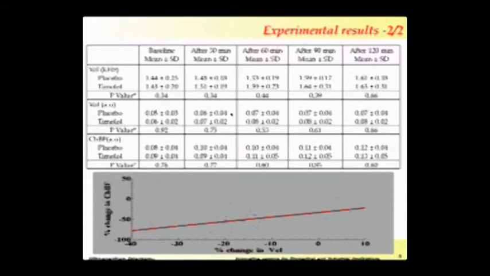After the application of the drop, we observe there is no statistically significant difference between timolol treated eyes and placebo treated eyes. However, we observe a statistically significant increase in blood flow with respect to their baseline. The choroidal blood flow depends upon the velocity of the red blood cells, but also depends upon the value of the incident and reflected beam.